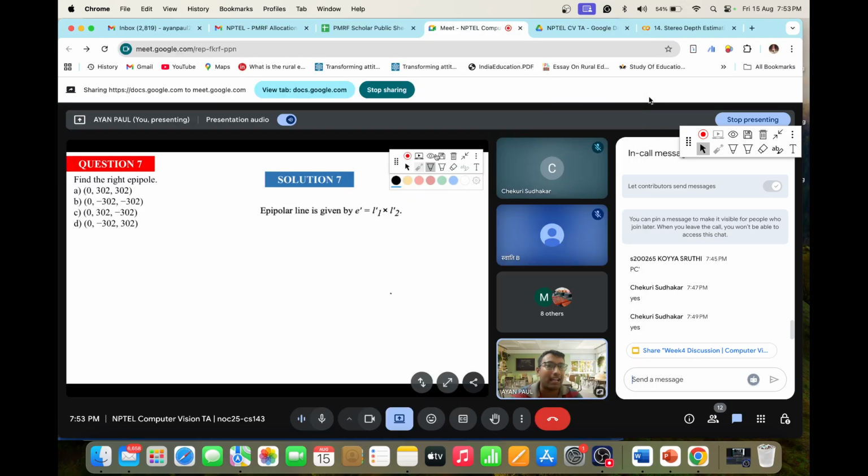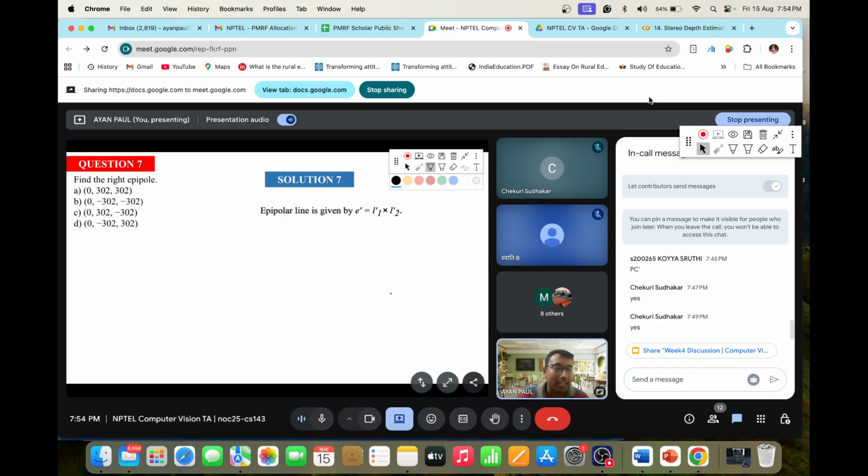How can you get the epipolar point from the two lines? You have two lines. How can you find the intersection of these two lines? The intersection of these two lines is nothing but a point, right? Two lines give us a point, and two points give us a line, right? So two lines in the same plane give you a point, and that point is nothing but your right